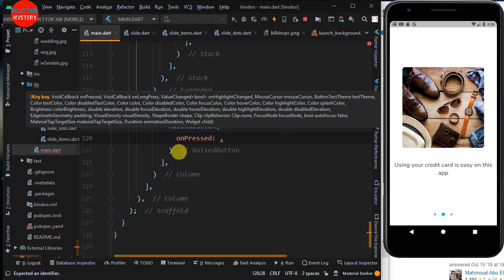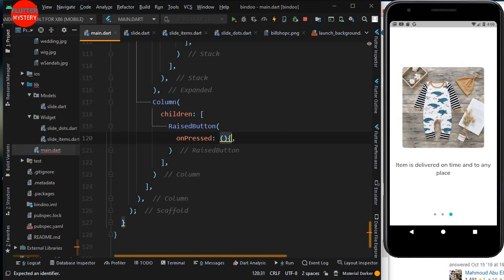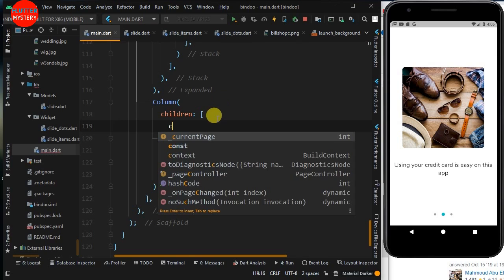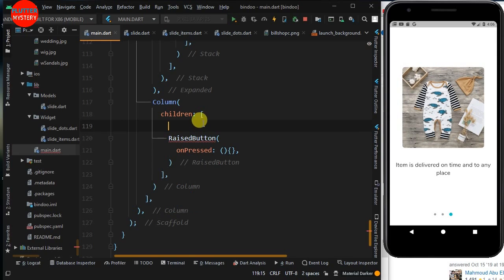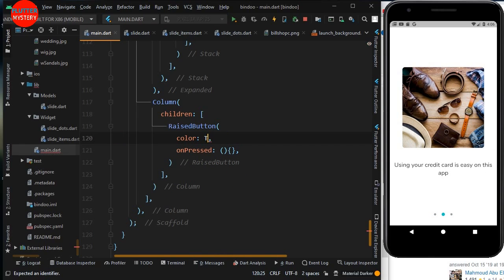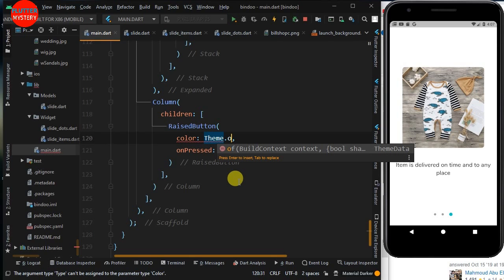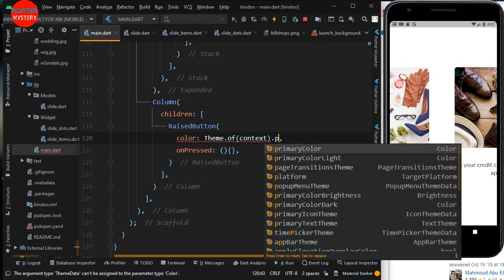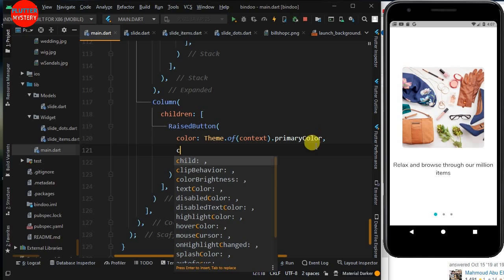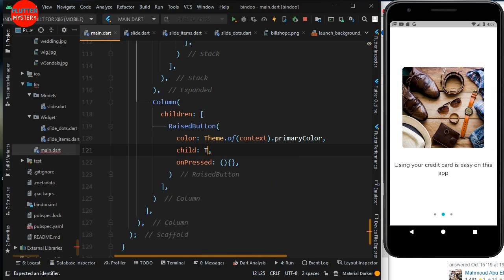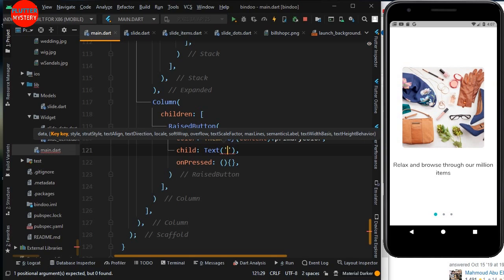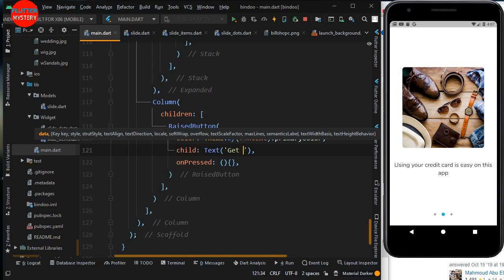onPressed, we are adding nothing right now because we'll be using it later. And in here you see the color, here rather, color should be the primary color, so we call it this way: Theme dot of context that's primary color, like this. Okay, and then the child is going to be a text like this with Get Started,